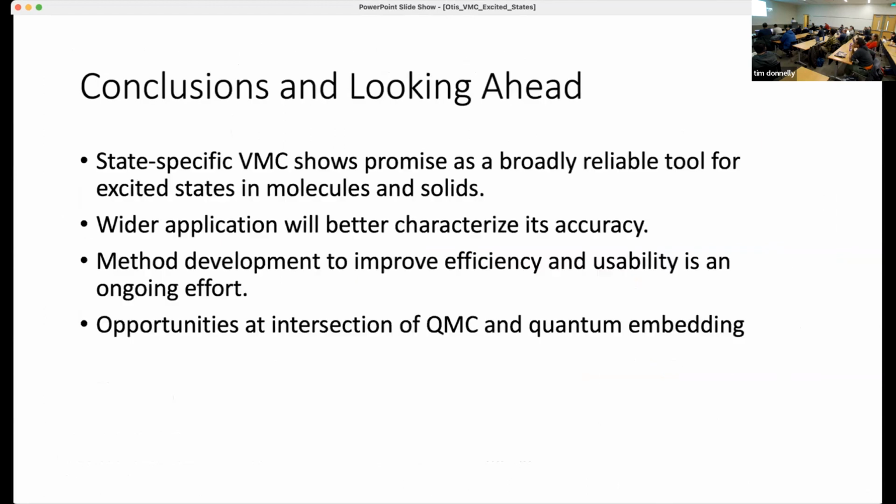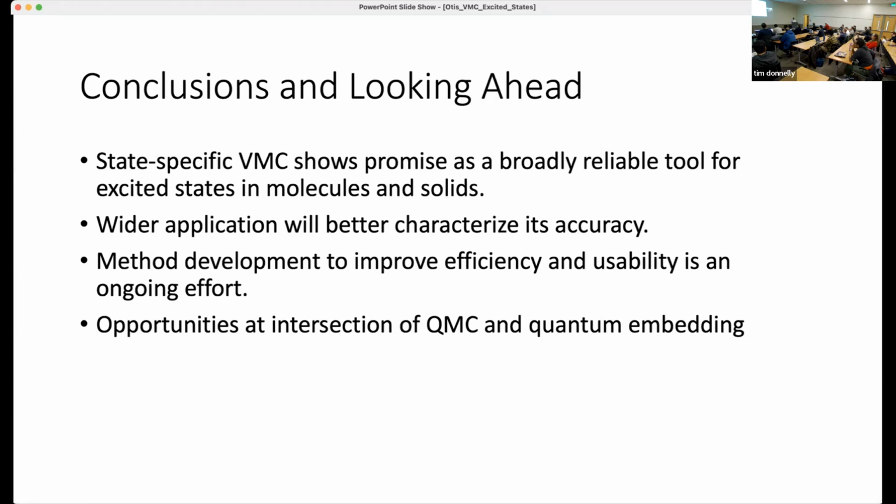So to wrap up and give some closing thoughts, I hope the results I showed indicate VMC has general purpose promise for excited states in molecules, being pretty accurate regardless of the type of excited state you look at, and also now extending this to point defects in solids. But it's still a relatively new approach, I think. And so there are a lot of opportunities for wider application to get a better sense